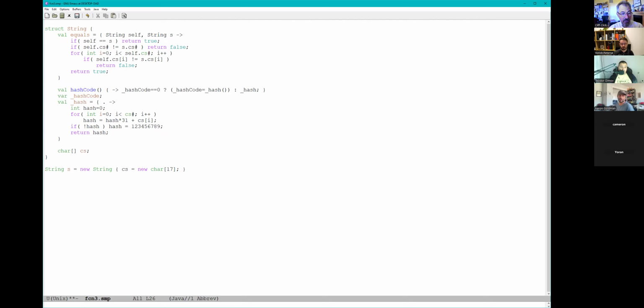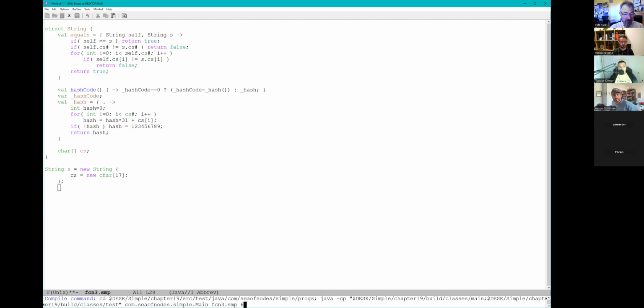right? Right, but don't you need a function named string inside of string in order to do that? I'm sorry? Where do those initializer parameters go? You don't have a function named string inside of string. Okay, this is a struct. So I just say new; those are braces, not parentheses. Inside the body of the braces, I can run anything I want, and it gets to see the fields that are present in the struct and assign them. And if I fail to assign fields that must be assigned, I'll get an error at compile time saying, hey, you failed to assign CS or whatever.